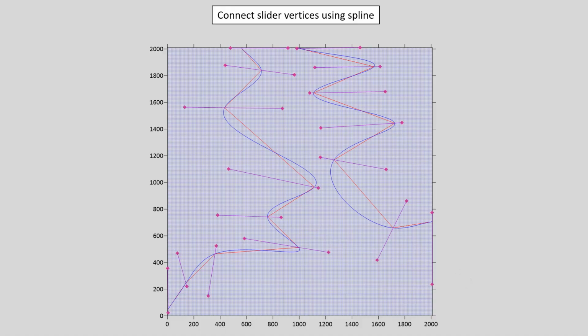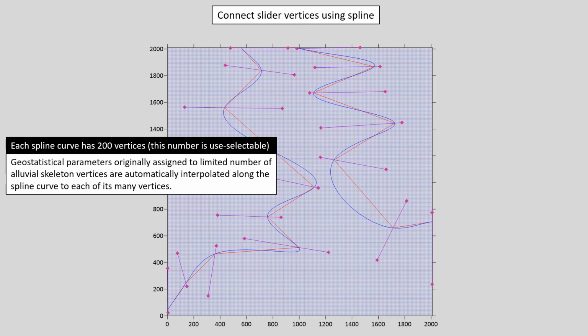The next step is to join those vertices by a spline. Now, we've got a spline-based curve here. In the background, actually this is a polylinear curve with 200 vertices. We just can't see the fact that it's polylinear because the segments are so small. That number 200 is user selectable. Could be more, could be less. But the point is, here we've got a nice sinuous channel. Well, it looks like a channel because it's a nice sinuous curve that is connected to the skeleton at the